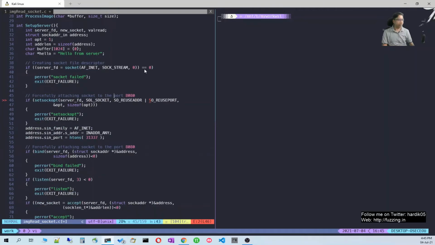I need to correct this comment, but 31337 is fine. It sets up some socket options, and then here is the port, 31337. We bind it using the bind call.